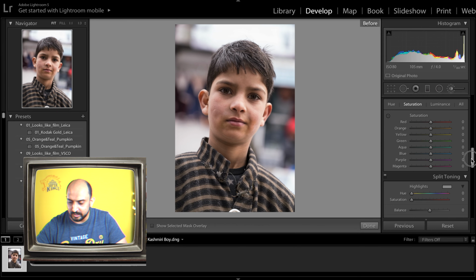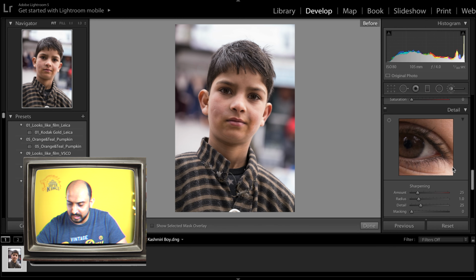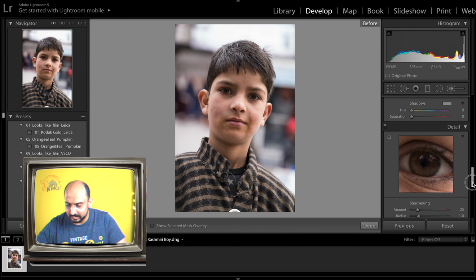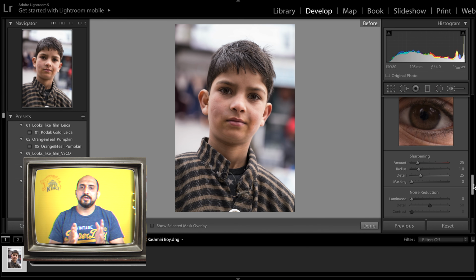Now let's begin the editing of the image using the PC or a laptop. I'm using my Mac laptop. Let's scroll down on the right hand side in the panel, look for the detail section, and here we have the panel and the sliders. You'll notice that when we started doing the editing on our mobile, the parameters were at 0, but here the preset or the default is that the sharpening is set to 25.